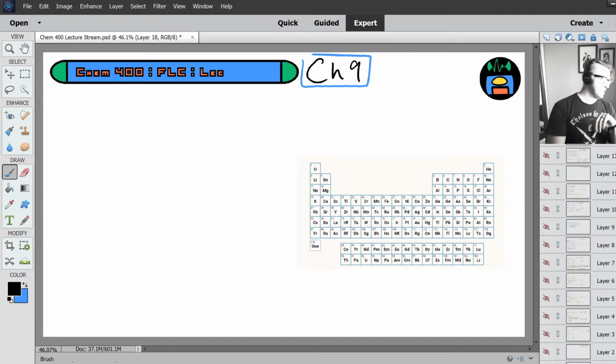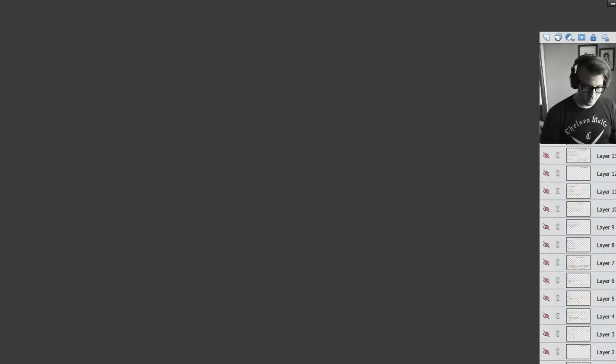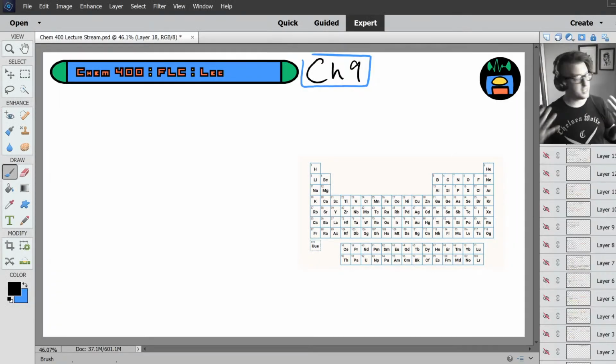With chapter 9. So chapter 9 is the natural extension of our journey exploring the electronic structure of atoms, right? This started in chapter 7, where we were first looking at the individual wave functions for individual electrons orbiting a nucleus, right? Then we took a step back in chapter 8 and said, okay, we're going to look at entire atoms, all the electrons around an entire atom, and that led us to a discussion of orbital diagrams and electron configurations. Well, in chapter 9, we take the next jump.